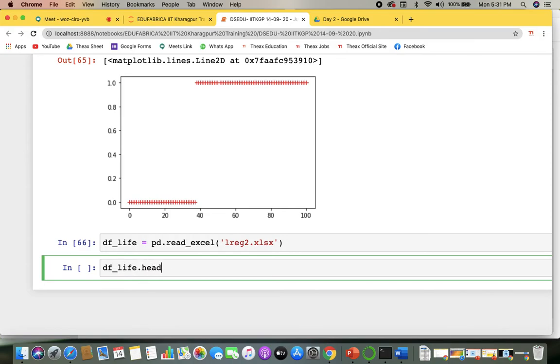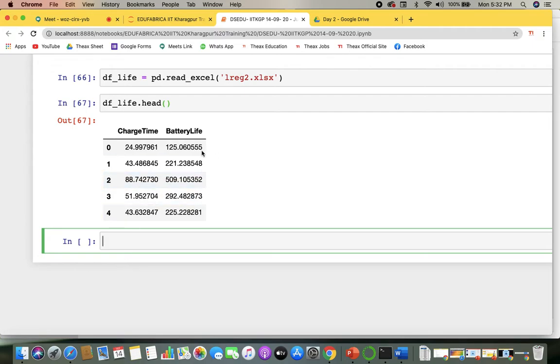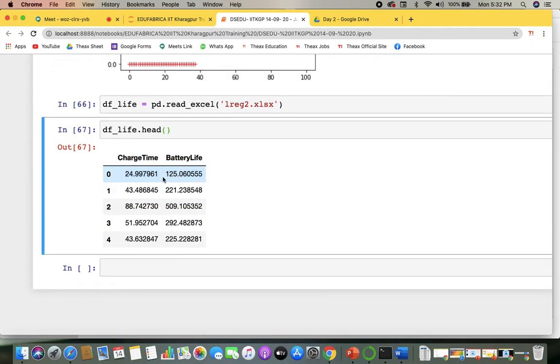Now this has a charge time over some minutes, and the battery life: 24 minutes, 125 minutes, 43 minutes, 221 minutes. You keep it according to you. Like if it is going to be charged for 43 hours, going to give a backup of 221 hours, whatever you think, you can go with that, right? So there are the charge time and there are the battery life. So if you simply plot a graph,